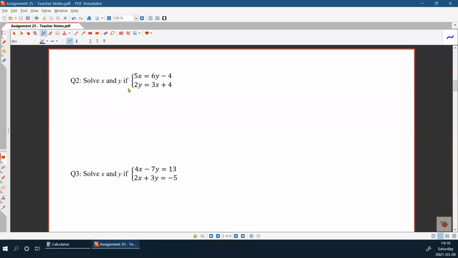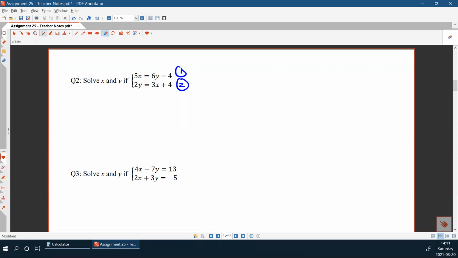Question 2, solve x and y if 5x equals 6y minus 4, 2y equals 3x plus 4. Again, we can use elimination or substitution method. So suppose the first equation is number 1, and the second equation is number 2. So from the second equation, we know that,